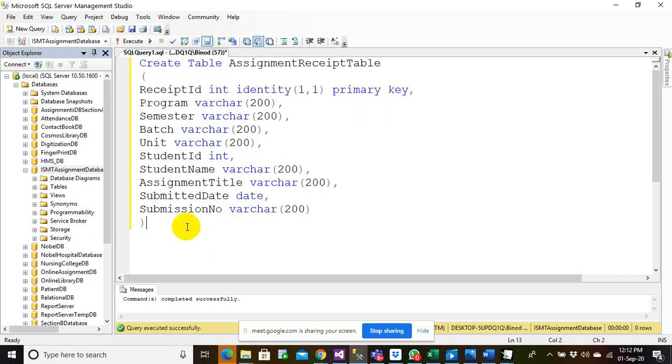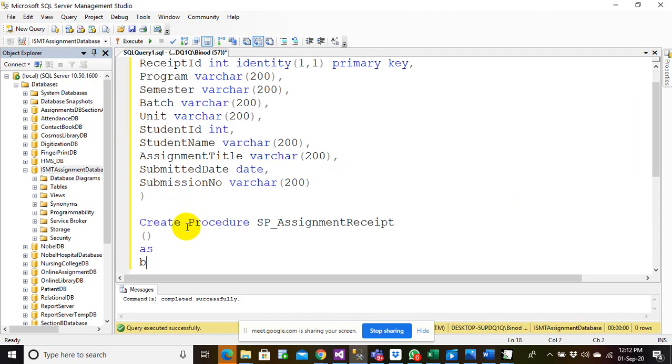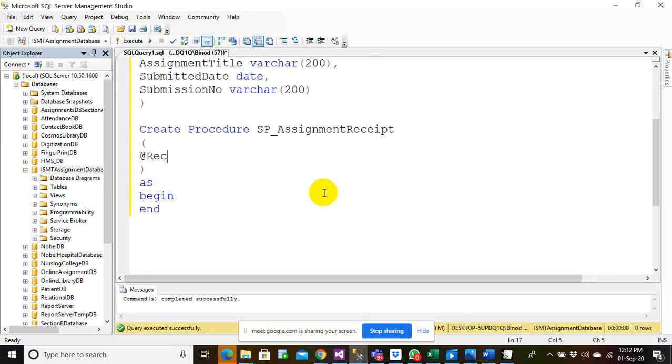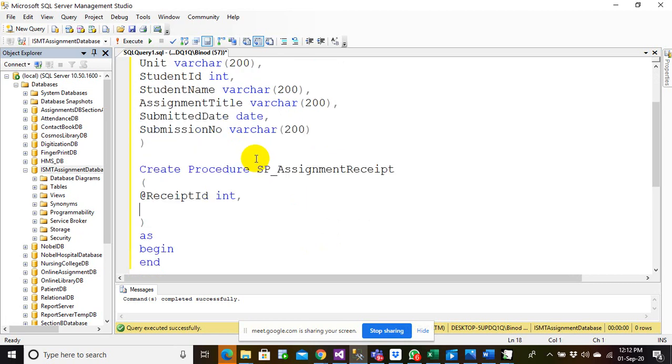Now let's create a stored procedure, assignment receipt. Let's begin and end, and let us see at the rate receipt ID. So what else do I have? Let me just see the table.